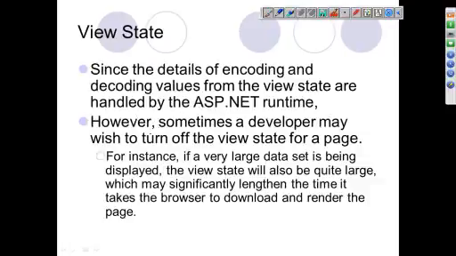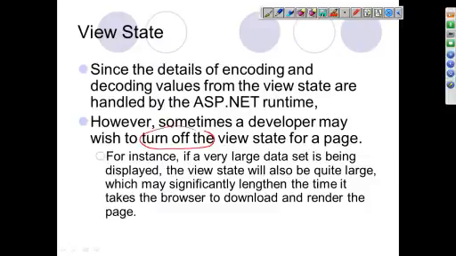So we don't have to worry about how the encoding and decoding is being done. These are internal details, we don't care about it. If we just want our data to be preserved, we use view state, which is on by default. But many times, if you have a very large amount of data on the page, and you know that you have done all the validation on the client side and the server is not going to send any error, and you don't want to preserve the data, then we should turn off view state.